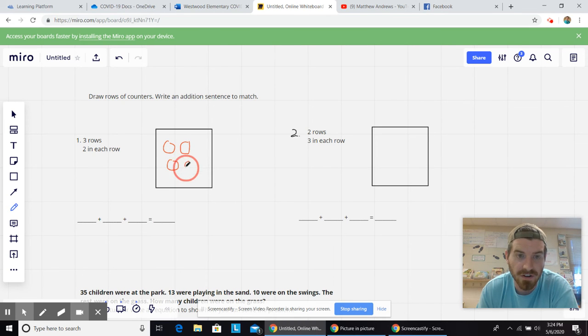Here's my second row with 2 counters in it. Here's my third row with 2 counters in it. So, how many groups are there? 1, 2, 3 groups. There's 3 rows. And how many is in every group? 2. So this picture is the same thing as 2 plus 2 plus 2 equals 6, which in multiplication would